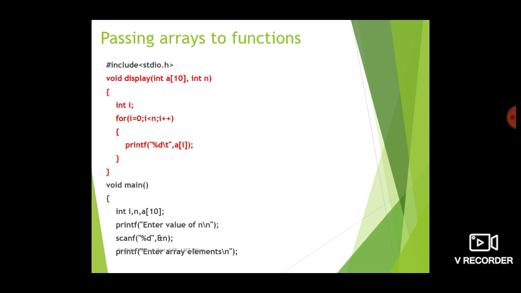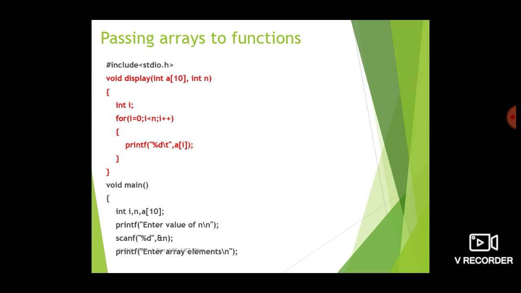So let us go to the main program first here. So void main, int a[10], n. This a is an array here, n is the size of the array, and we are using a loop here for which we have declared i. So to read the array elements we need to declare i.